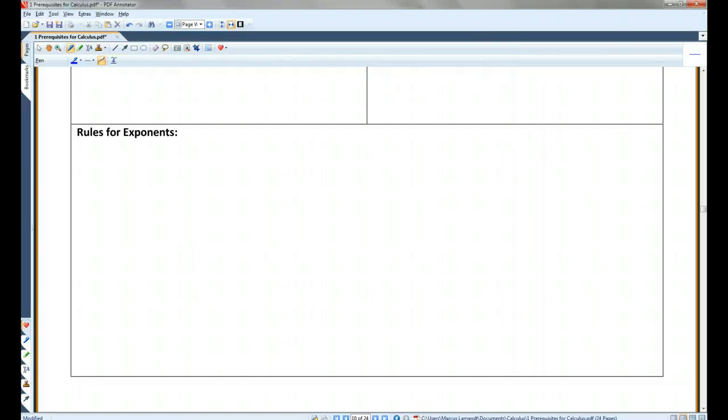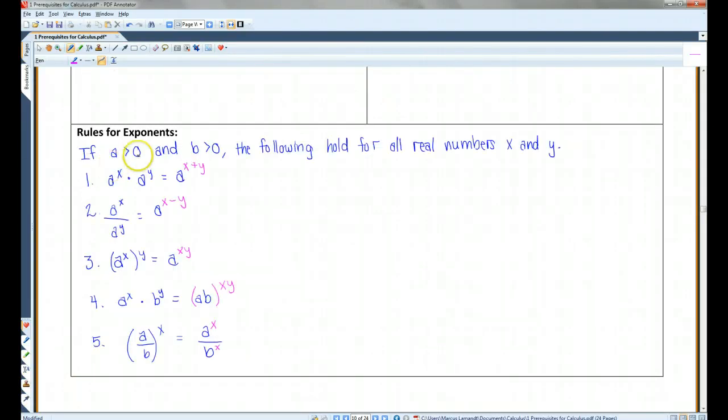Rules for exponents. You guys know most of these. I'm just going to write them down. If a is greater than 0 and b is greater than 0, the following hold for all real numbers x and y. If you multiply exponents with the same base, you add the powers. If you divide exponents with the same base, you subtract the powers. If you multiply an exponent by an exponent outside parentheses, like as shown here,